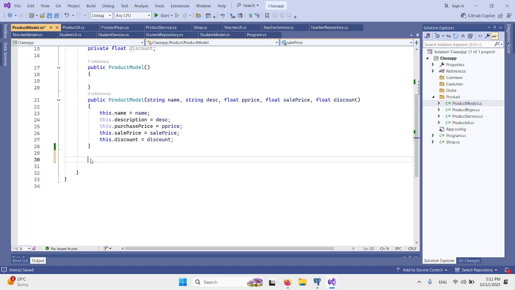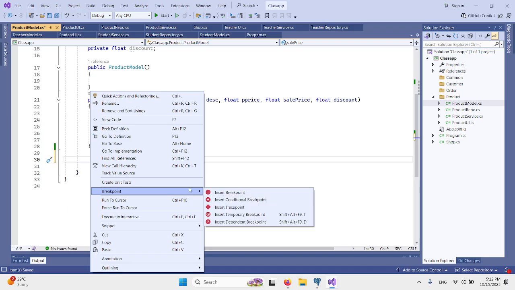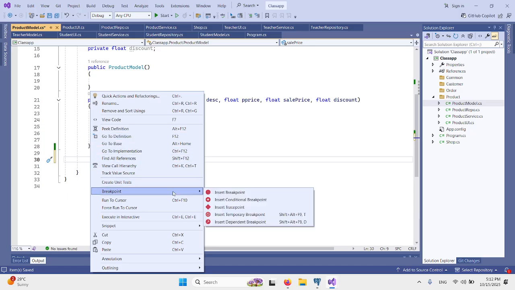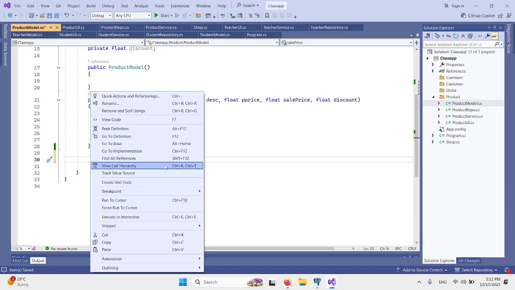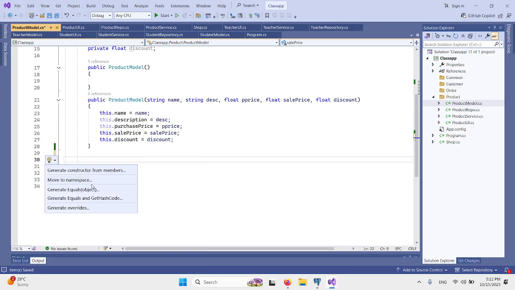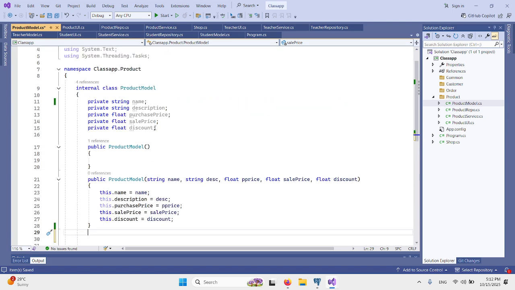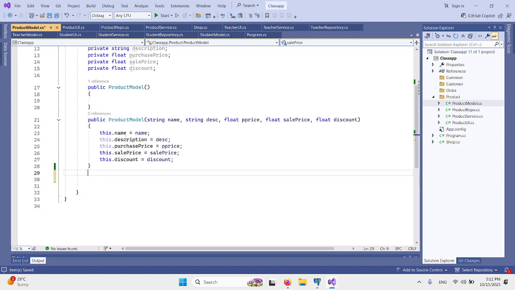Do you know how we can generate all the getters and setters? No, there is no option there. Okay, no problem. Yes, you can.